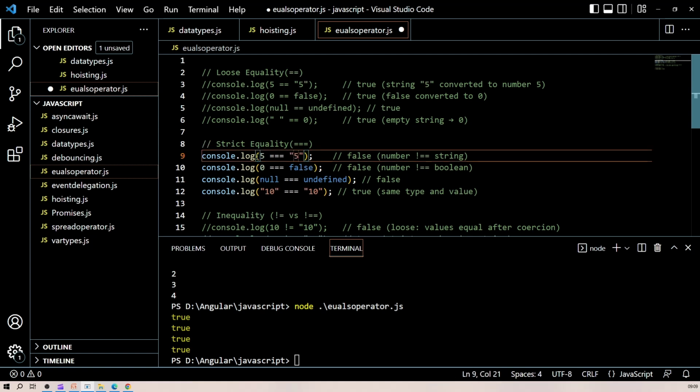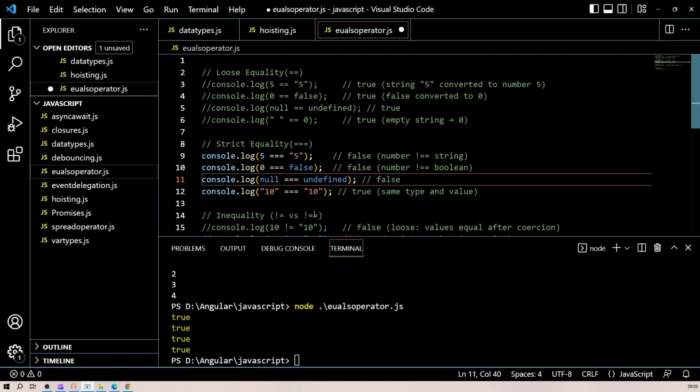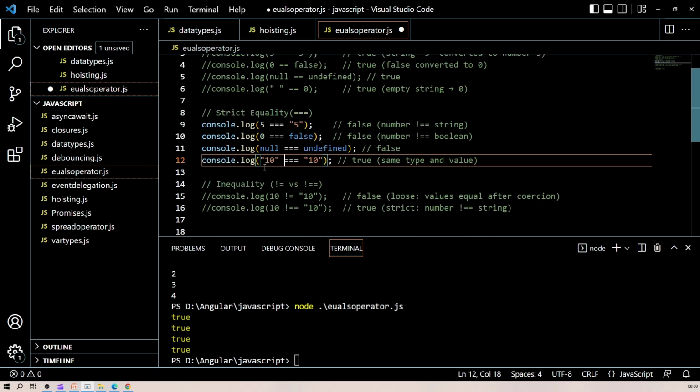So what should it return? It should return false. So it will return false only, because we are using the strict equality operator. 0 equal to false should also return false. If we are comparing null with undefined, then it should return false. And if I'm comparing the 10 which is enclosed with quotes with a similar value,